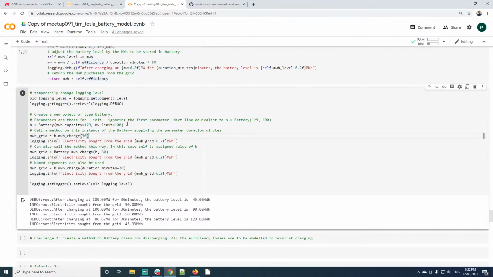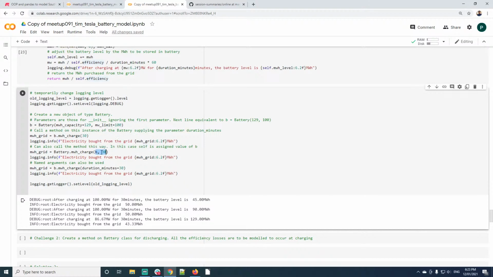So what's really happening, and this is the second way of writing the same thing, I've just done this to explain how the self works. When you write it this way, what Python really does is it goes, well, B was of type battery, so it puts battery out in front. It finds the function megawatt hours charge, and it inserts one more parameter into our list of parameters. So here we had the parameter 30, and then it inserts one more parameter, being the object,